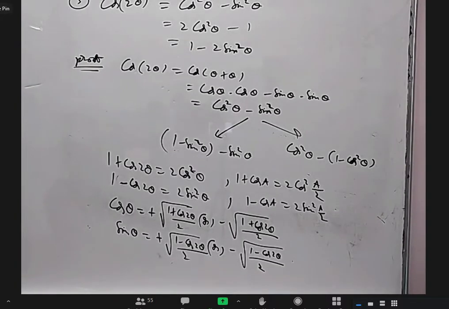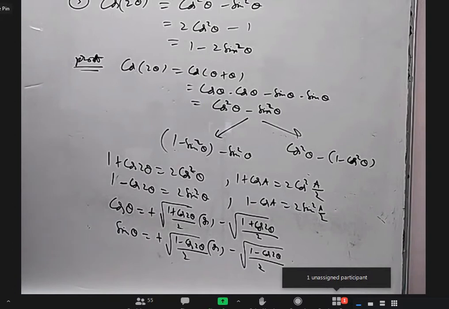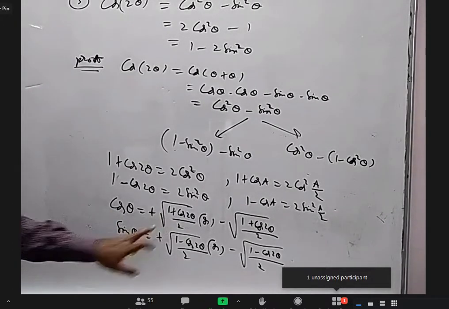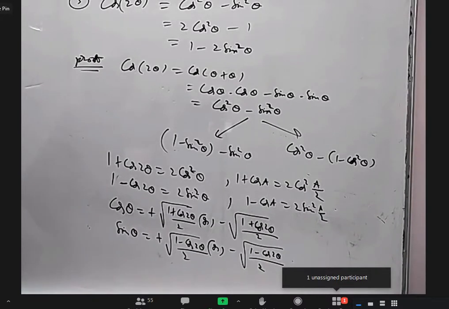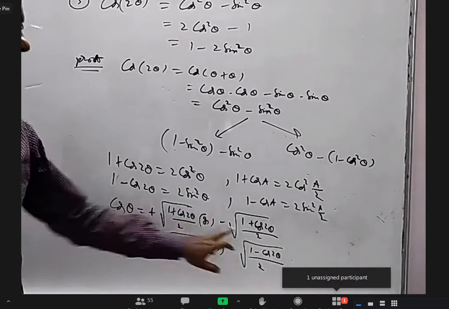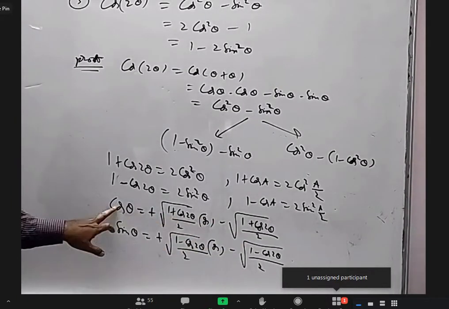Okay, everybody clear all this thing? Yes, sir. You know, root of something is always positive, right? Yes, sir. When these two will be equal, anybody want to tell? Which quadrant? Fourth quadrant, sir. Fourth and first quadrant. First and fourth quadrant. And when these two will be equal? Second and third quadrant, sir.